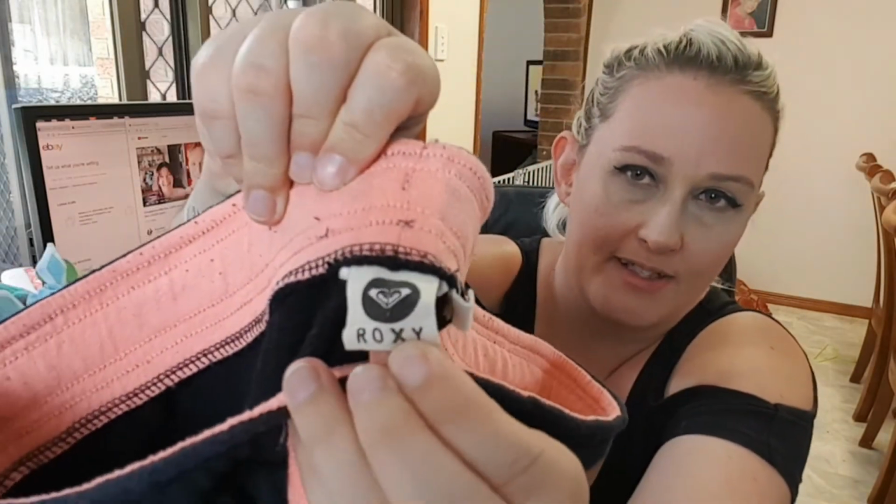Last item in this bag, yay! So we grabbed, again, a winter item. Obviously we're going to put winter on special. So this is Roxy. Roxy is an okay brand. I don't pick it up that often. I don't know why, but it doesn't get picked up on my store very well. I don't think I sell Roxy very well. Anyway, I got